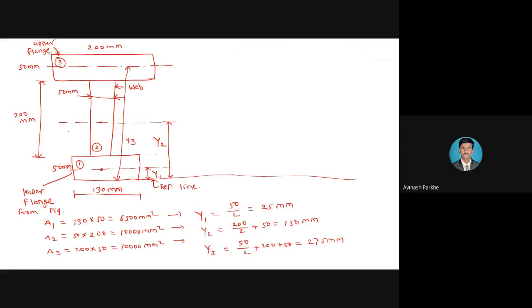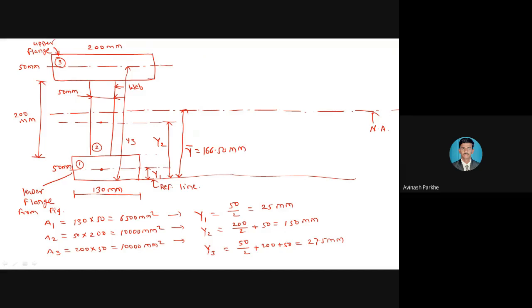So here I will draw the neutral axis now. This is the neutral axis. We are representing the neutral axis, meaning I am calculating the position of neutral axis from the bottom side. So this is called a neutral axis, and position of that particular neutral axis from the bottom side means y bar. So this is called a y bar, equal to 166.50 mm.